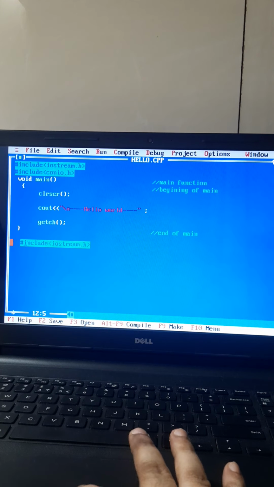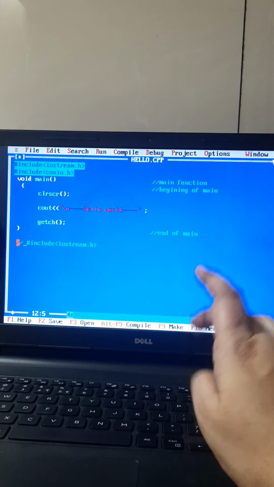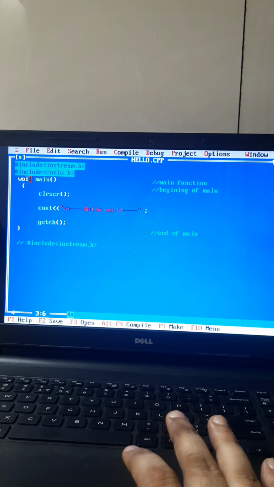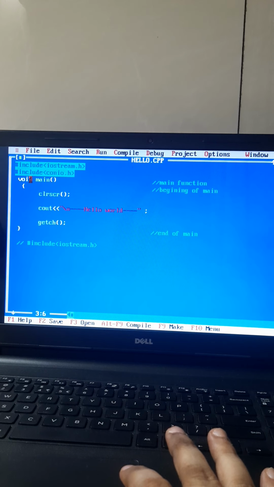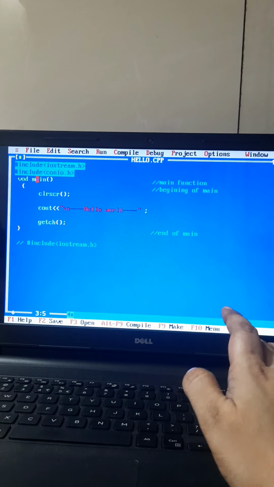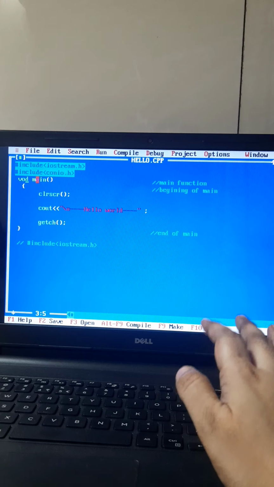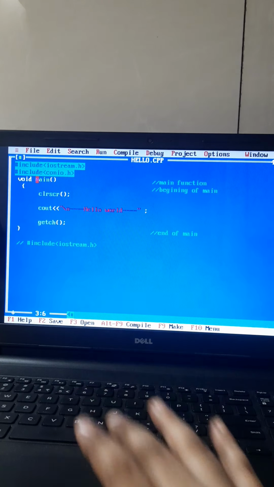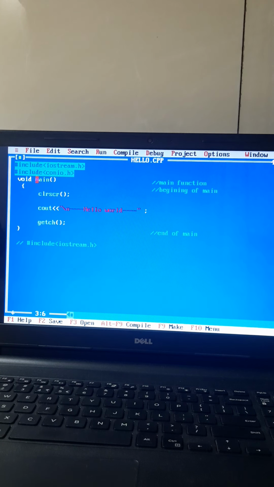I am just commenting them right now, so this becomes non-executable statements. Now void is a keyword, so the compiler highlights it with white color. Suppose I remove some letter from here, just see, it now becomes normal green color text. So you can identify this is a keyword.